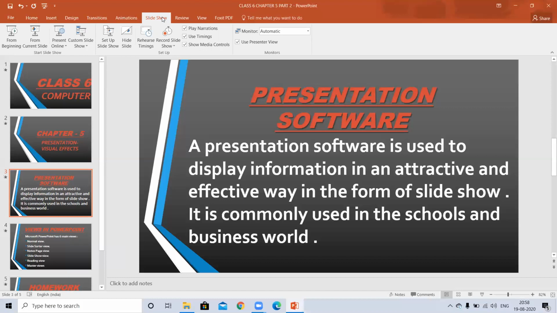So there are several ways to use this slideshow. First of all, we will click on the slideshow tab. Then you choose from where you want to start the display. If you want to display from the beginning, you click the From Beginning button, or from the current slide, you click From Current Slide.